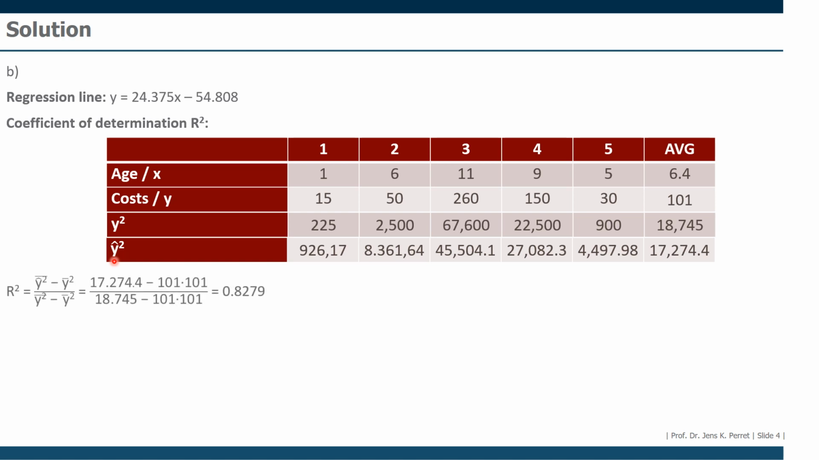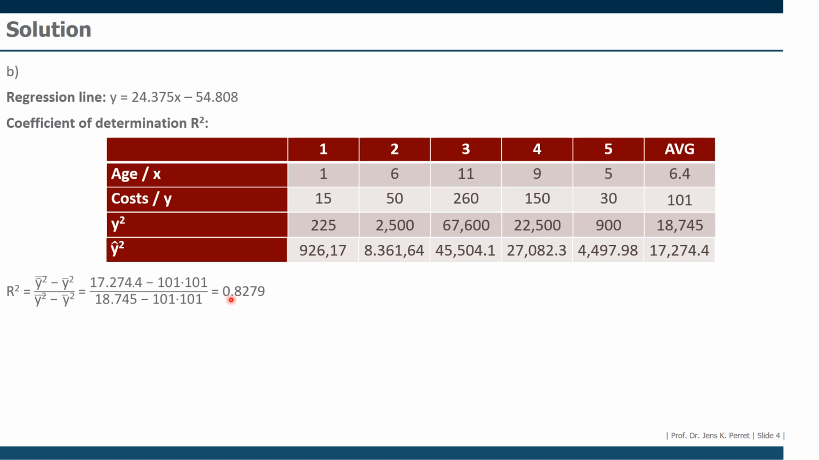Once we have this, we can just use the general formula for r squared, where we have the average of y hat squared, so the 17,200 something, minus the average of y squared, so the 101 squared. Below the fraction line, we have the average of y squared, so the 18,745, minus again the same, the average of y squared. So again, 101 squared, which we subtract from it. The result in this case would be